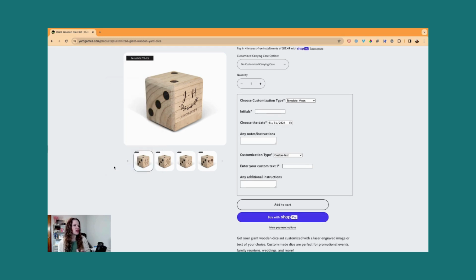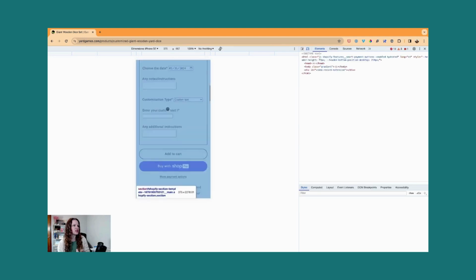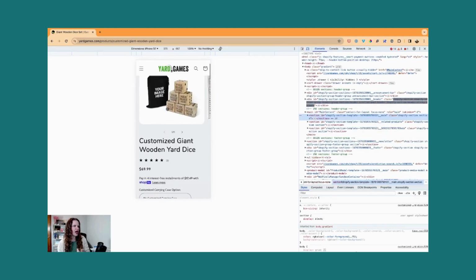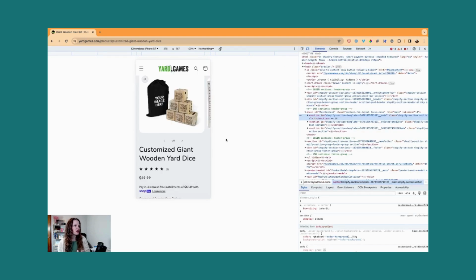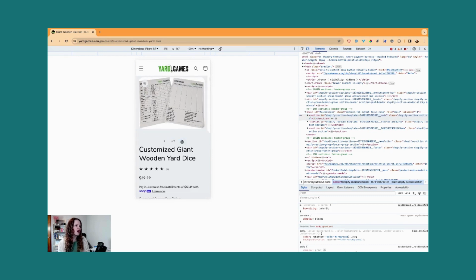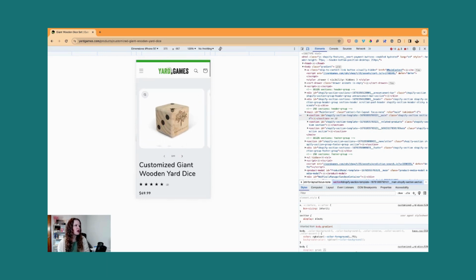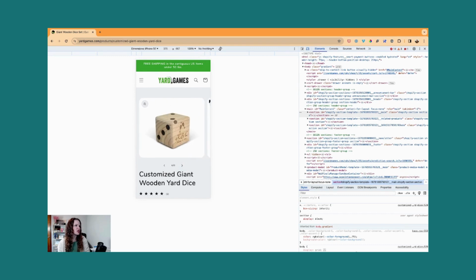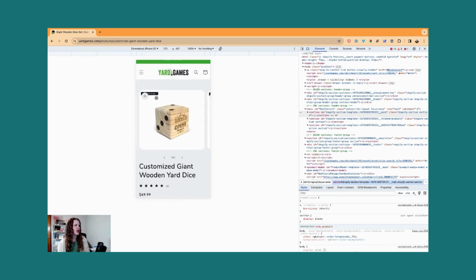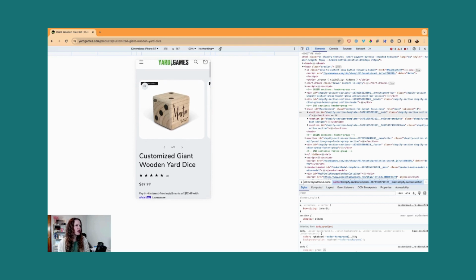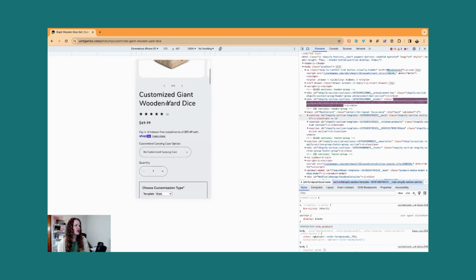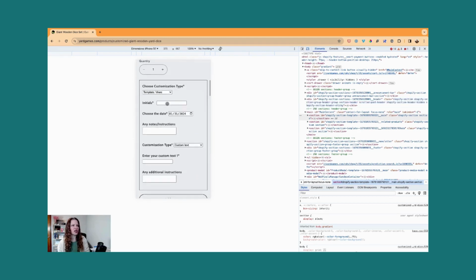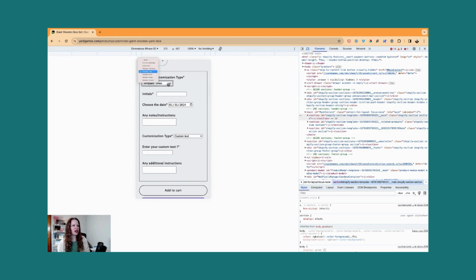So let's look at this on mobile and see how this would come up. So on mobile, it's still there on some of them. Some of them are labeled and some of them are not. So it is labeled, but the thing is, if I'm going down here and I'm picking a template,